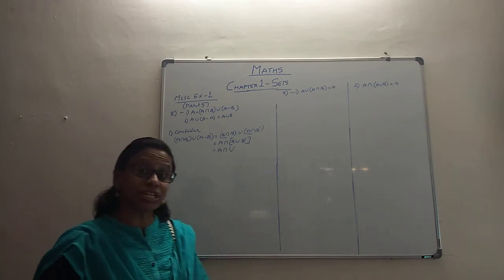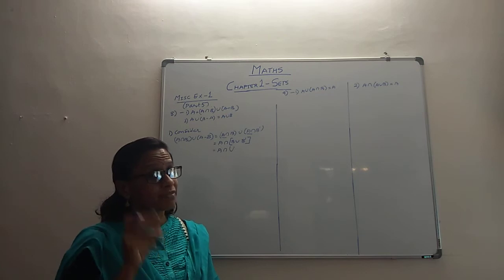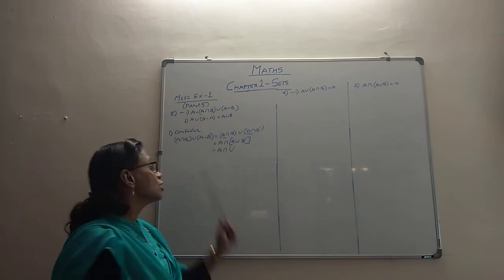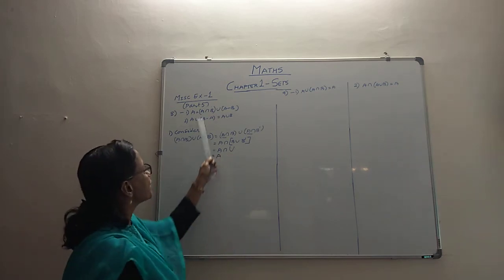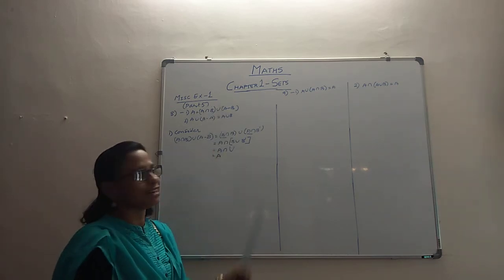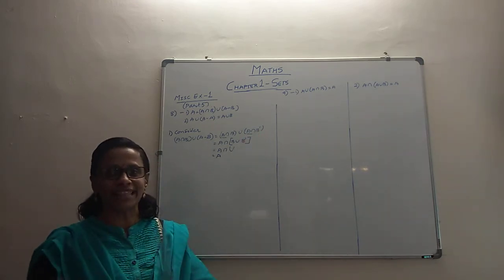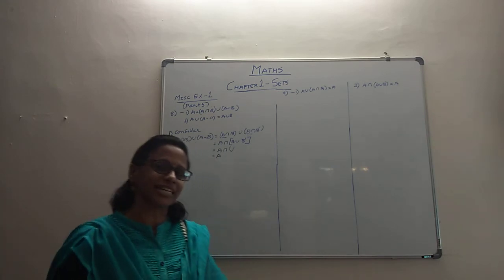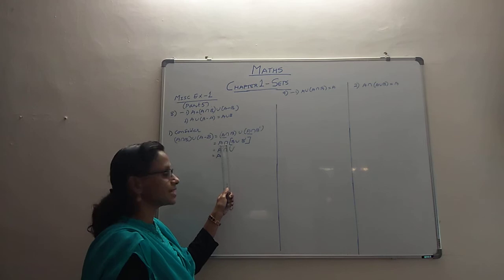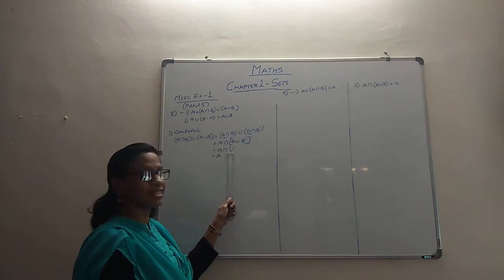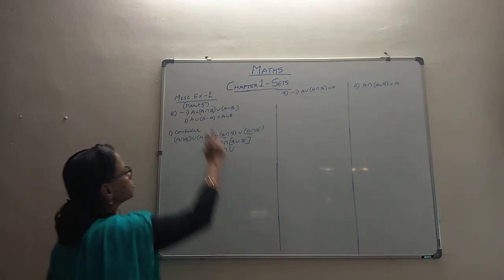A intersection with the universal set. A is a smaller set, the universal set is a bigger set. Intersection will always give you the smaller set as the answer. So this will come up as A. That's how we have proved this idea. So the whole victory of this problem lies in this definition. If you get the definition right, everything is very easy. I have not reasoned it over here, but I hope you have understood. Here it is the distributive property and here it is a universal law: B union B complement equals the universal set. That is our part 1.